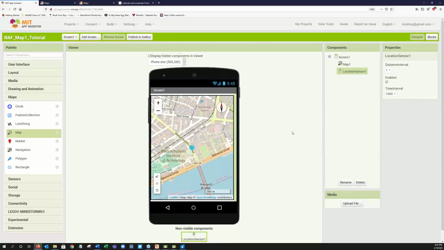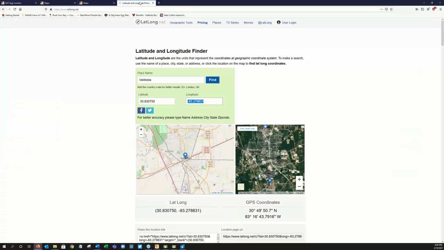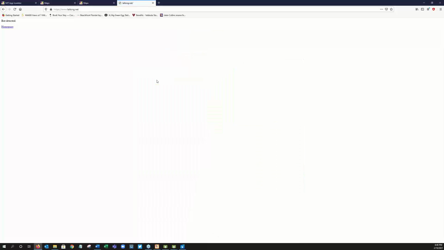So I'm going to continue working on this app because the second app is kind of like a continuation of this. The first thing I'm going to do, as I was mentioning before, in this map, this center for string, I'm going to make that map centered on my university campus front lawn. In order to get the coordinates of that front lawn, I'm going to go to that latlong.net website. I'm going to put in my university's name, and that's going to,